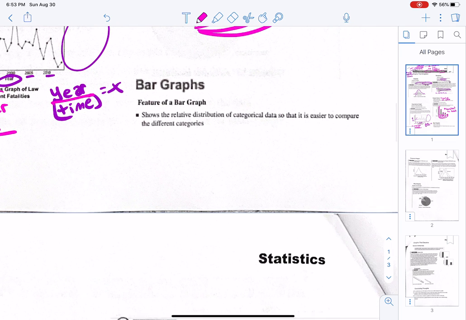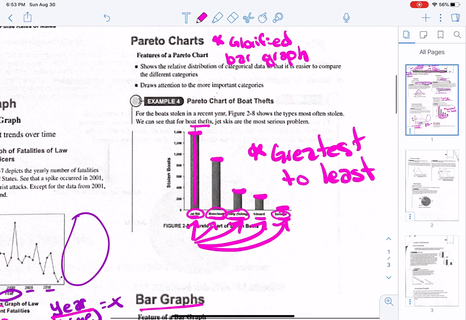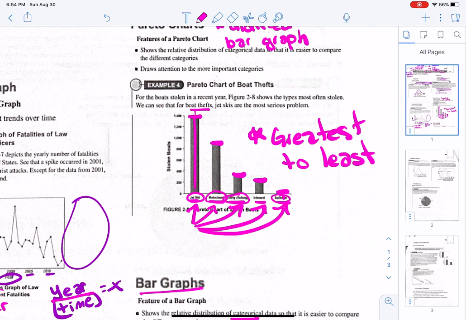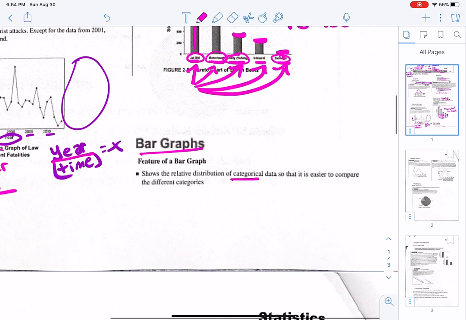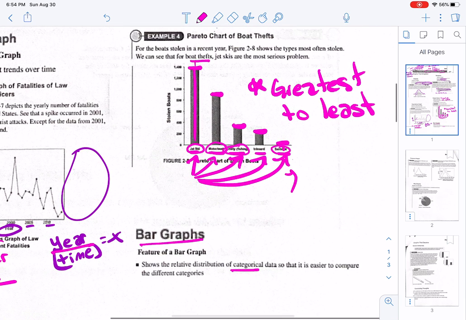Just a regular bar graph down here shows the relative distribution of categorical data. So again, these are categories, and none of them are ordinal. You remember nominal versus ordinal. So these would just be nominal